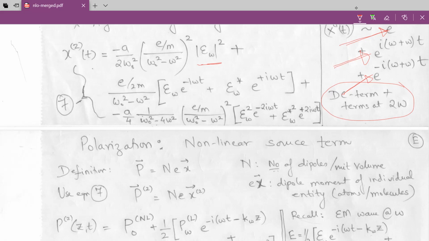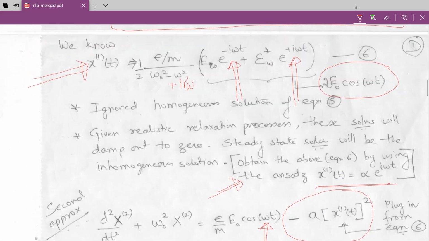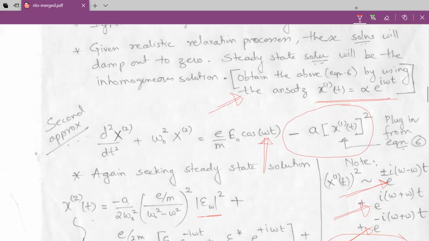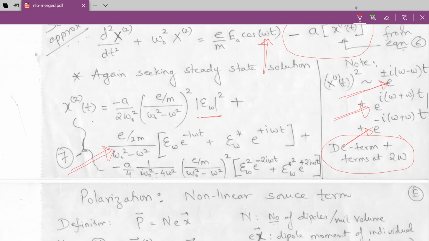The second term is of course sort of familiar, where you have the linear system, the linear term. So there is little difference between the original linear term and this one. And remember that there is a factor of 2 that I have written down here in this denominator of e by 2m. And then you have the next nonlinear term. So the first DC term was a nonlinear term. Similarly, the next nonlinear term